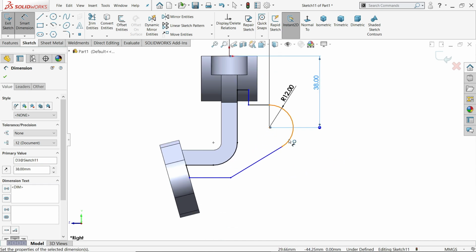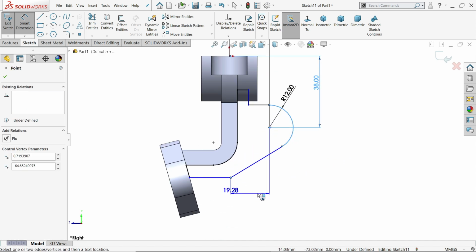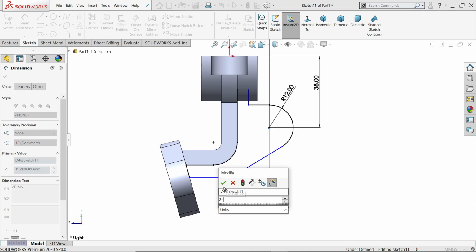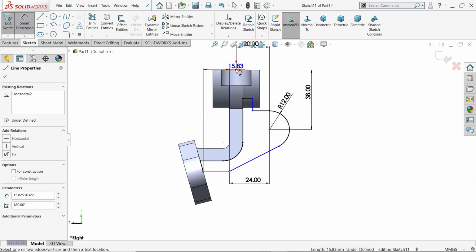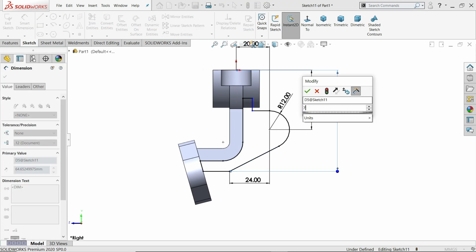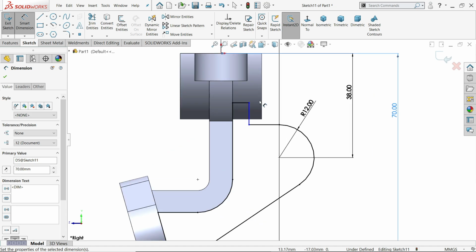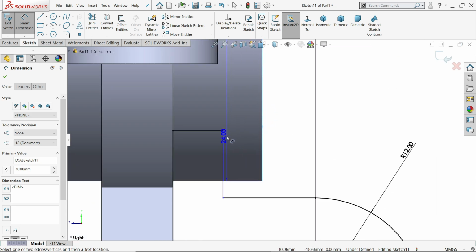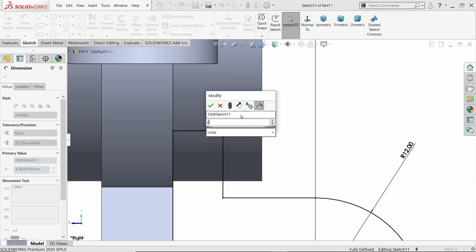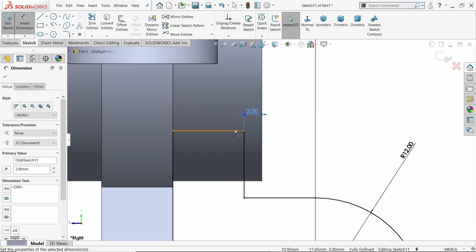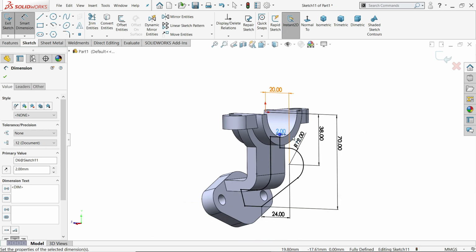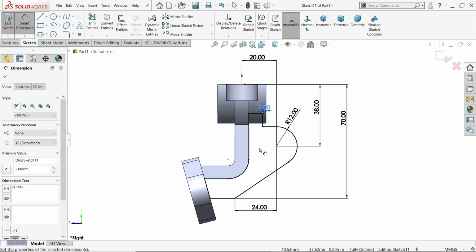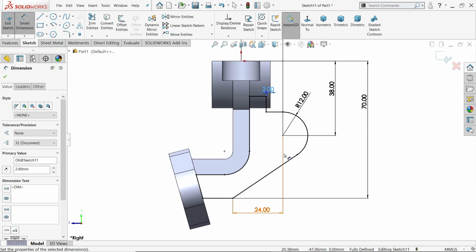Now this line from here 24. Now this line from top edge 70, and this distance 2 millimeter, and this one we already fixed with this inside edge, so no need to define. Again take normal view. Okay, this seems to be a fully defined sketch.